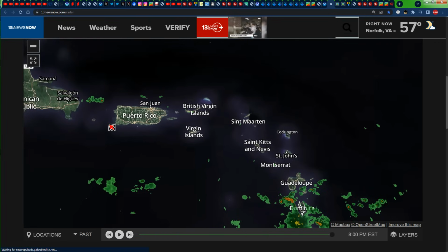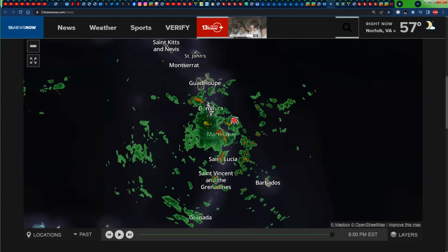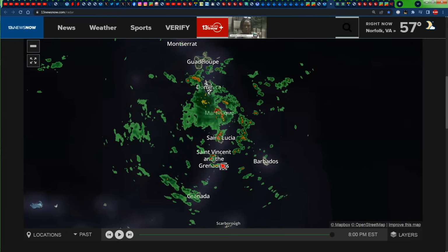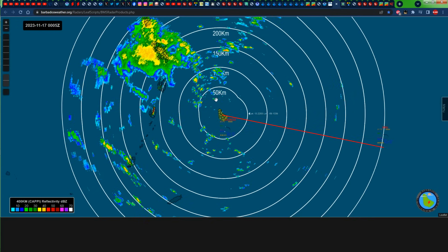So not much across the Leeward Islands at this time, but definitely as we head to the southeast of there, so anywhere from Guadeloupe southward, getting in on some amount of rainfall tonight. Definitely Guadeloupe tonight, Dominica, Martinique, St. Lucia, St. Vincent, Grenada, Barbados, some isolated spots in Barbados getting some of that rainfall,